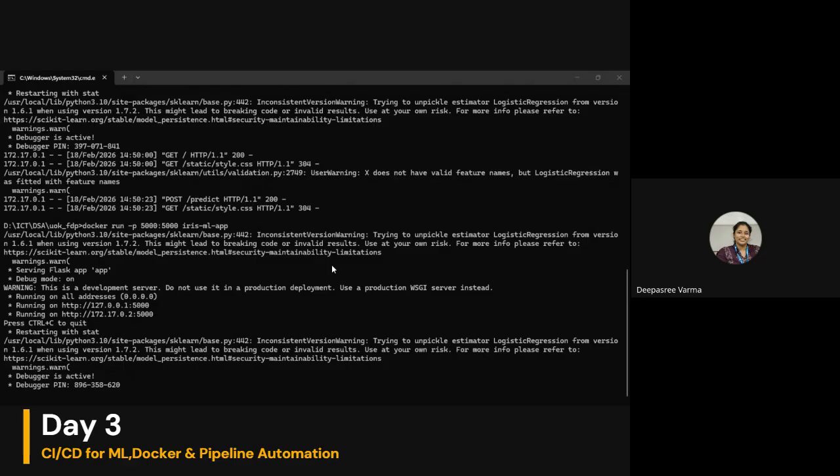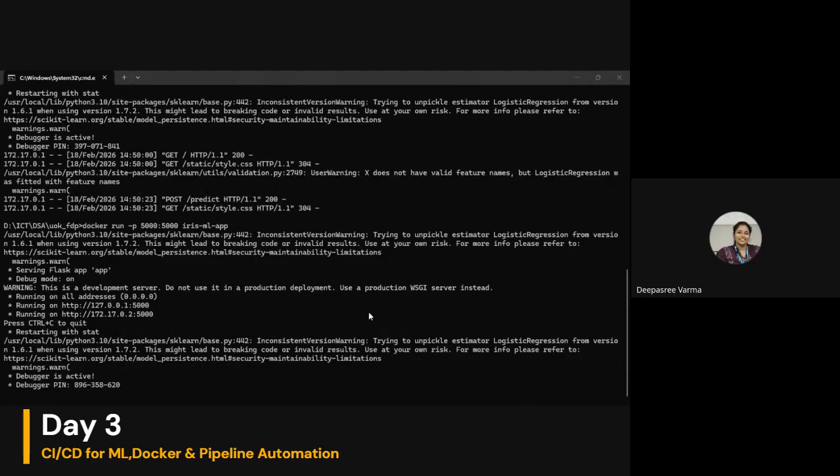One thing I wanted to clear: once you load it to a new system, you need not build it, you just need to run it. Building is only required when you want to create the image. So in a new environment, you just load the Docker image and run it. Build is needed only when you want to create a new image. Sure, got it.